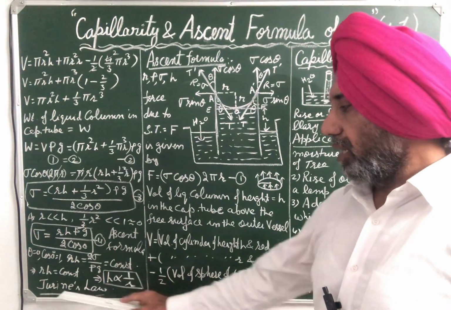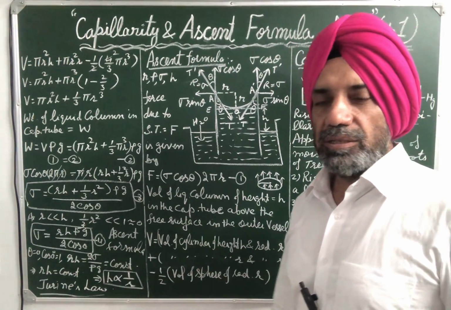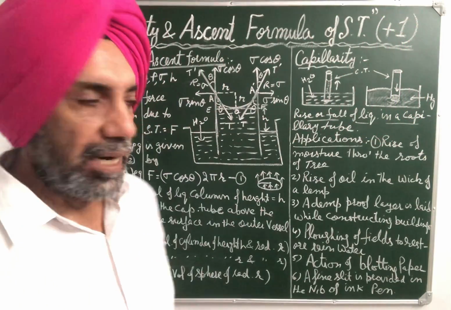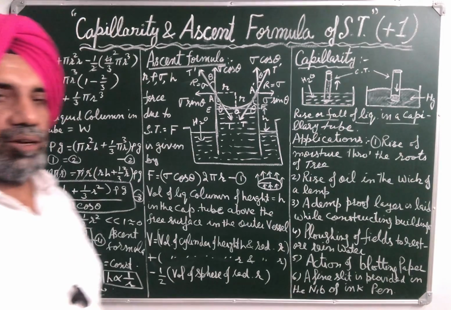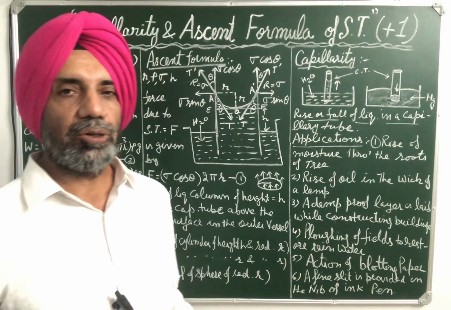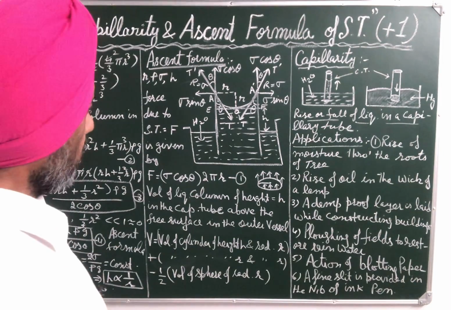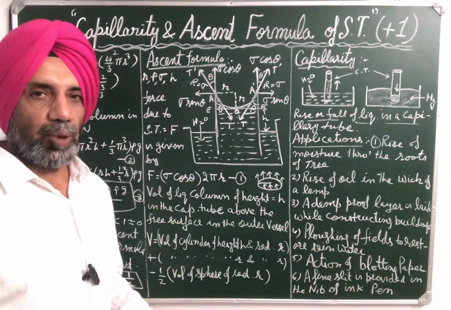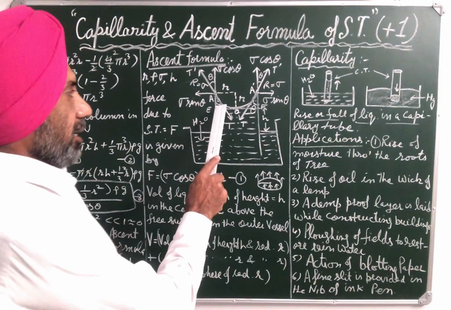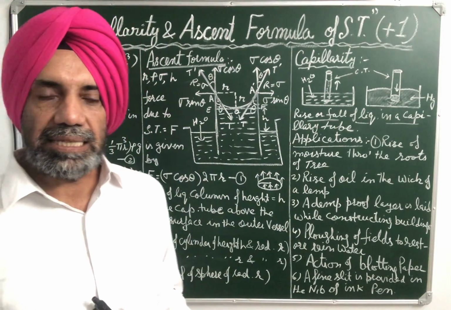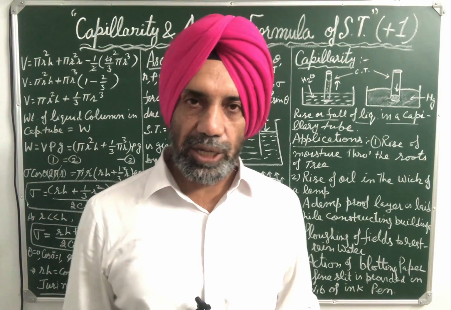And this is nothing but Jurin's law. So you may be asked, state Jurin's law. It states that the height attained by the liquid column in the capillary tube is inversely proportional to the radius of the capillary tube. So this is the Ascent formula, and the angle of contact is less than 90 degree, that is acute, for liquid